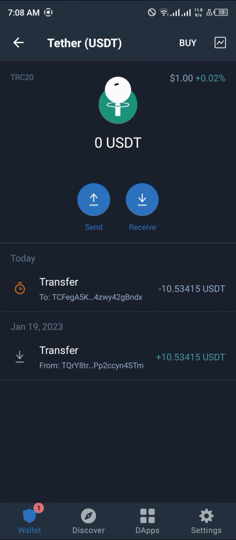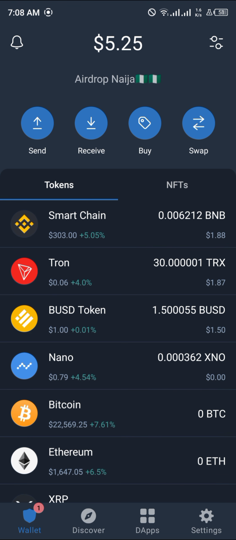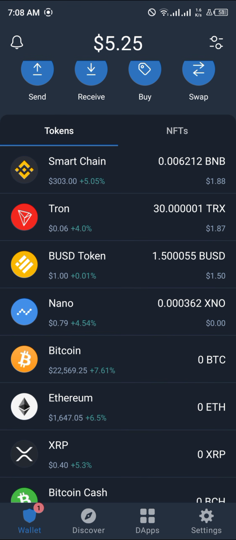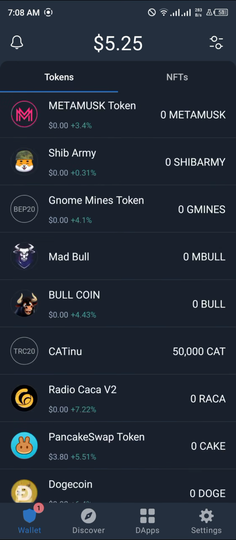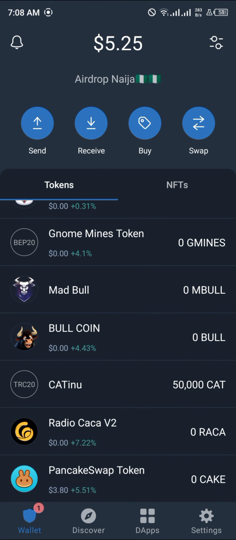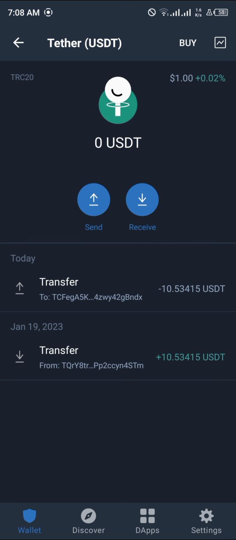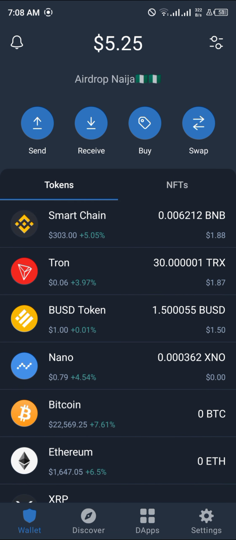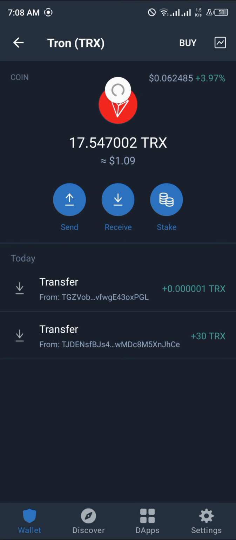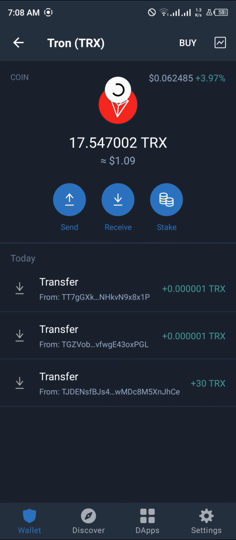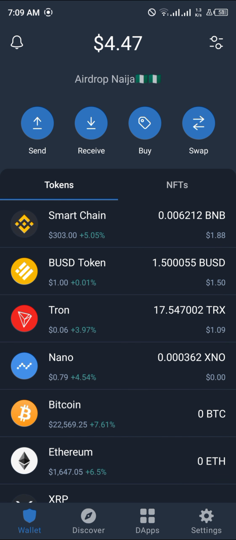and the transaction is going to be pending for now. But if you take note, our USDT is gone already. Okay, here it is. I guess this one with the notification. Okay, the transfer is done, guys. This is it. The transfer minus $10.53, and our Tron is also affected. Yes, if you could remember, it was used as gas fee. Reload,